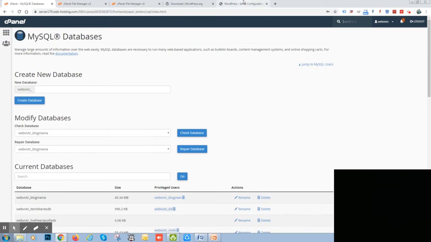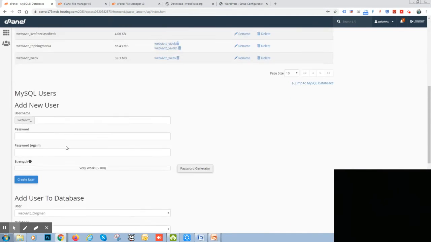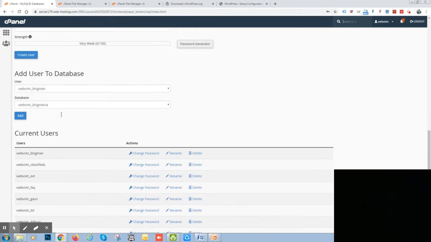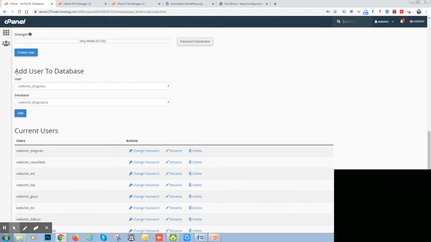Now what you have to do, you have to inform your database that this database is mapped with that user which you have created. So how will you map it? For mapping, you have to select the user, select the database, then add that user to the particular database which you have selected. So let's suppose I am selecting this user, which was our user. Now again, I am selecting this database. So I want to map this user with this database and click here.